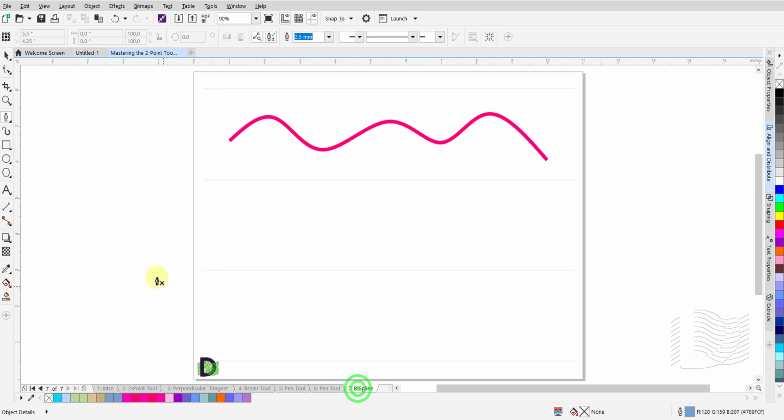Let us have a look at the B-spline tool. This is the icon for the B-spline tool under the drawing tools. Click on it to select it. B-splines are usually smooth, continuous curved lines. You can shape a curve using control points to draw a B-spline. When using the B-spline tool, you draw a B-spline by setting control points for the line. To draw a B-spline, create the first control point by left-click and release of the mouse button at the start point. Move the cursor to the next point on your intended B-spline.